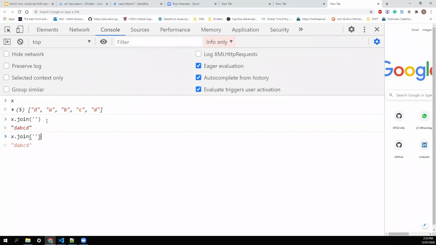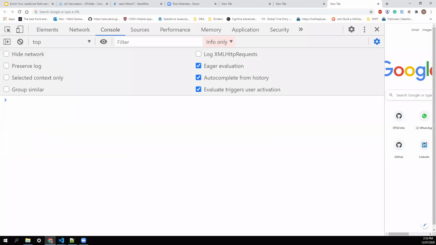And if I want to join all the elements with a specific symbol or separator, I want those to be separated by a hyphen and join it. So if I enter, you can see it joins all the elements, adding the separator between each element. So this is the join method.